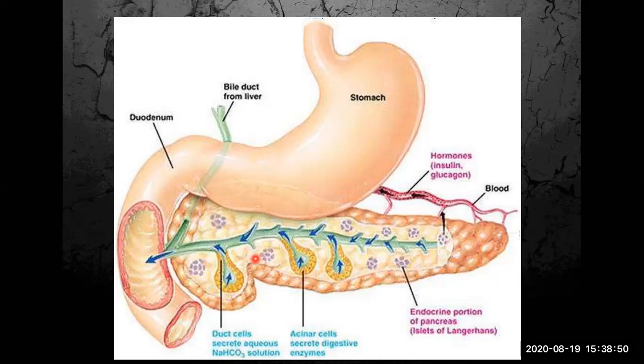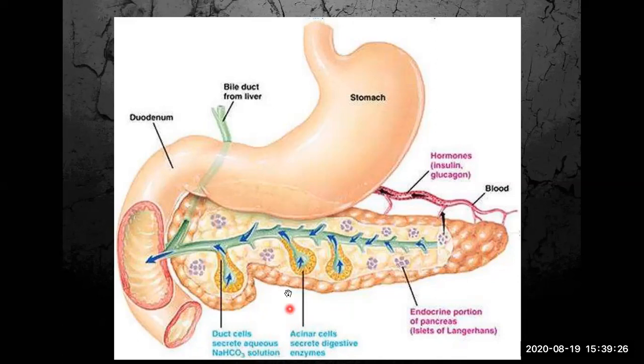Exocrine means it is a ducted gland present at a location and releases the enzymes, and it acts as an endocrine gland also, because it releases the two most important hormones in our body that maintain the sugar balance in our system. So in this way, the pancreas is a gland which is dual in nature, and it releases two hormones, insulin and glucagon.